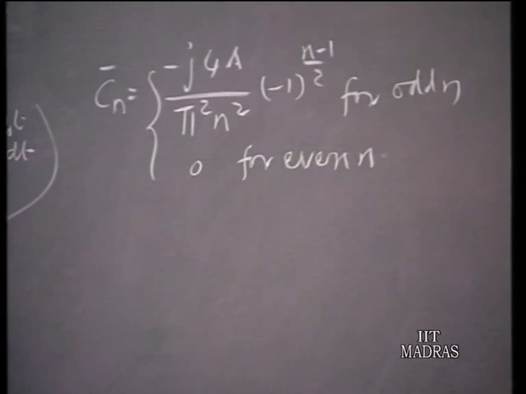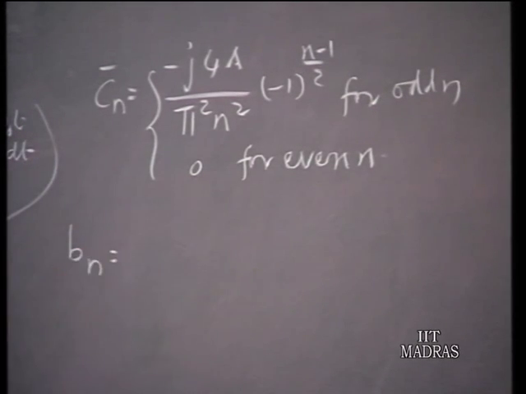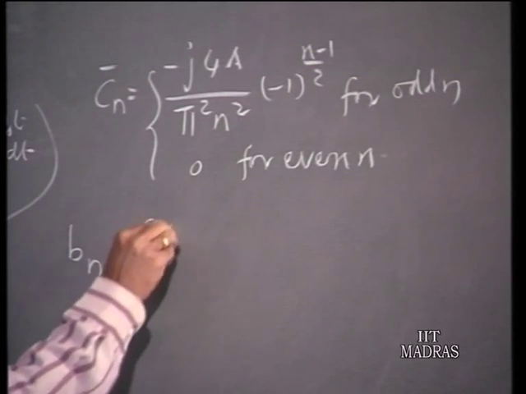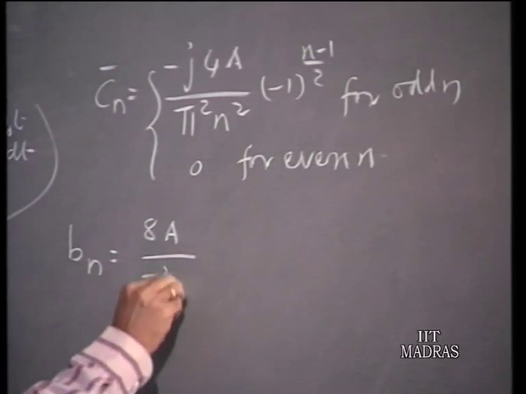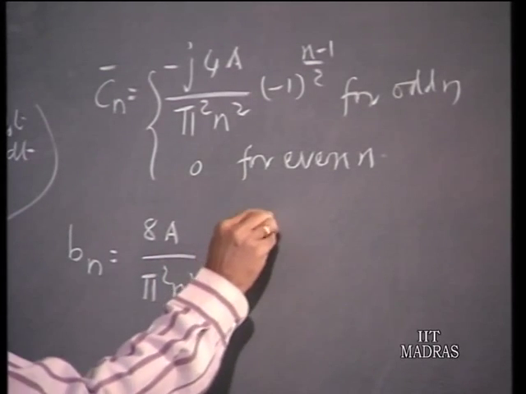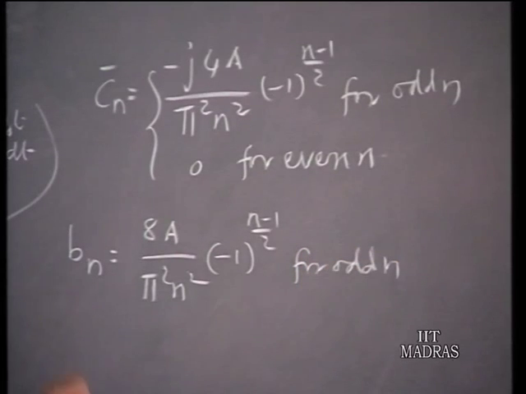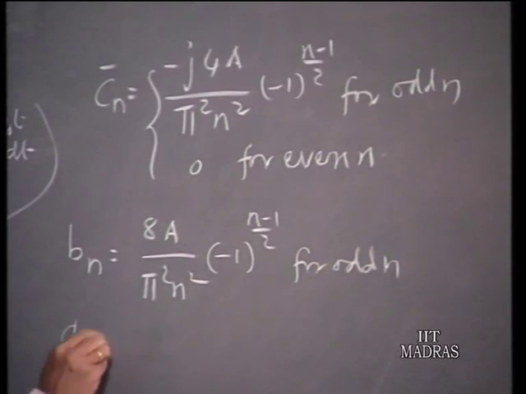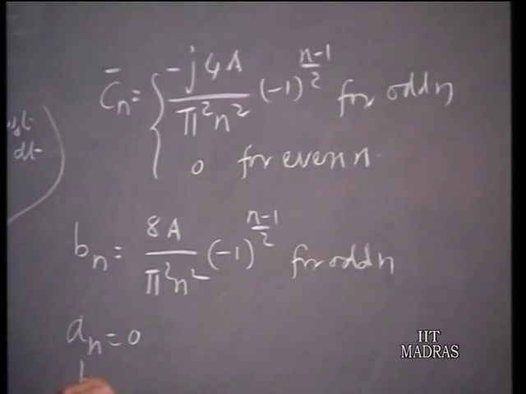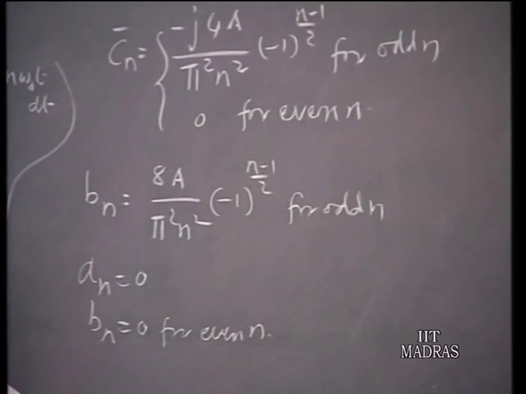Recognizing that Cn equals an minus jbn by 2, you can write that bn is 8a by pi squared n squared, minus 1 raised to the power of n minus 1 by 2 for odd n, and we know an is 0, and bn is 0 for even n,